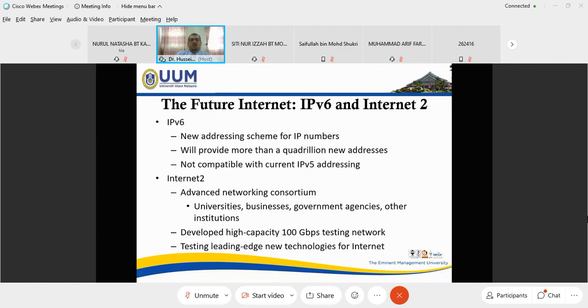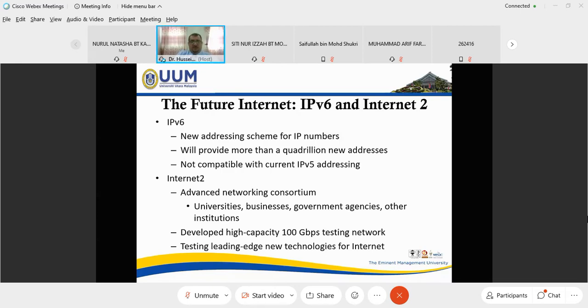What is Internet 2? Internet 2 means an advanced networking consortium, where businesses, agencies, and other institutions use Internet 2.